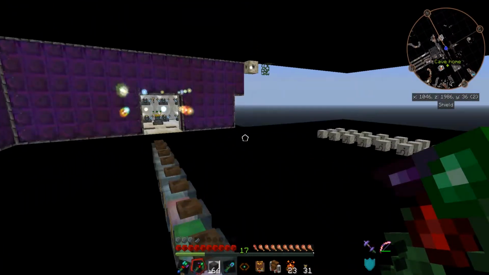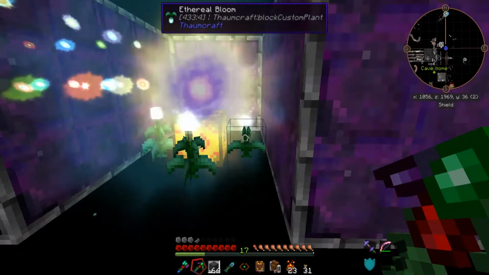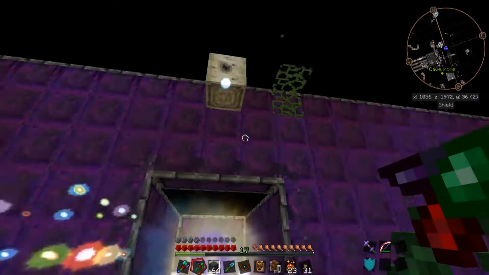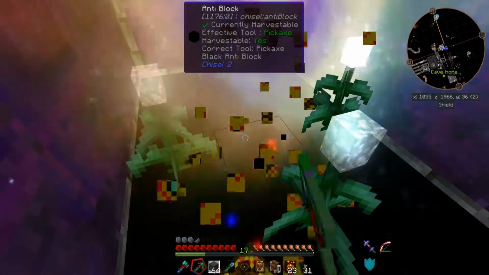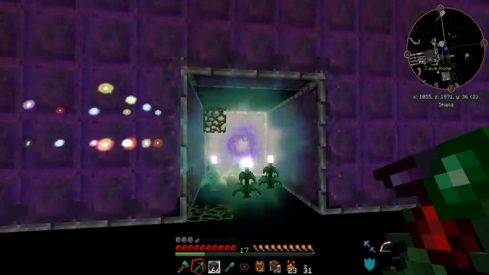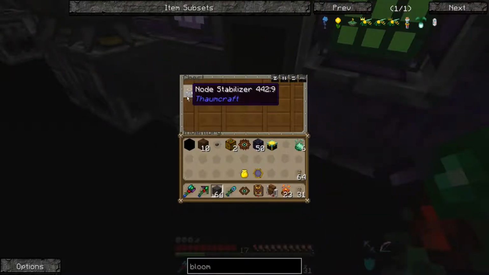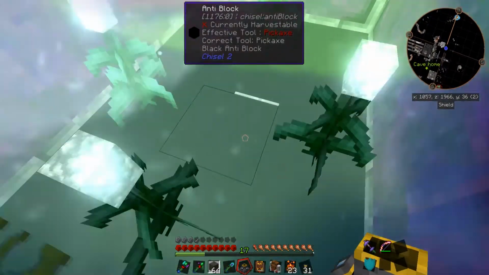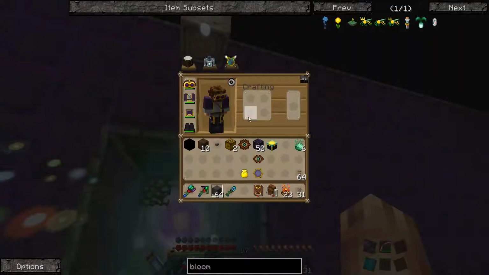If we come back over here, we can see it's already starting to try and taint the place up. But we have the ethereal blooms here that are helping keep everything in check. So what we need to do is get rid of this teleposer, and now we need to get a node stabilizer. Well, we just so happen to have some extra node stabilizers. Not a problem. We put down this node stabilizer real quick. That will at least stabilize the node,